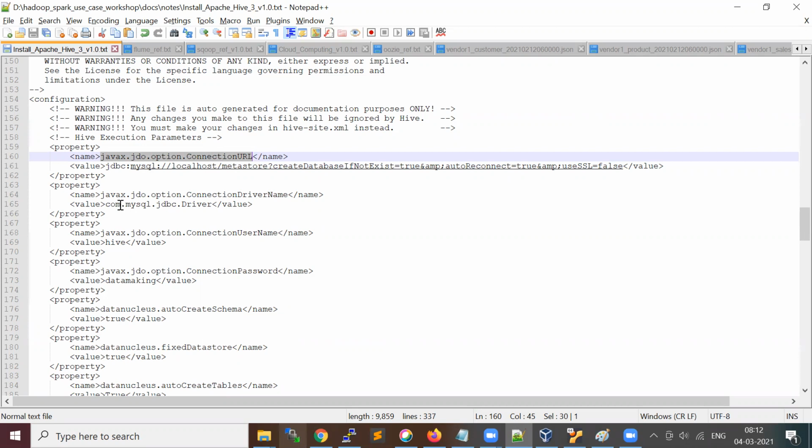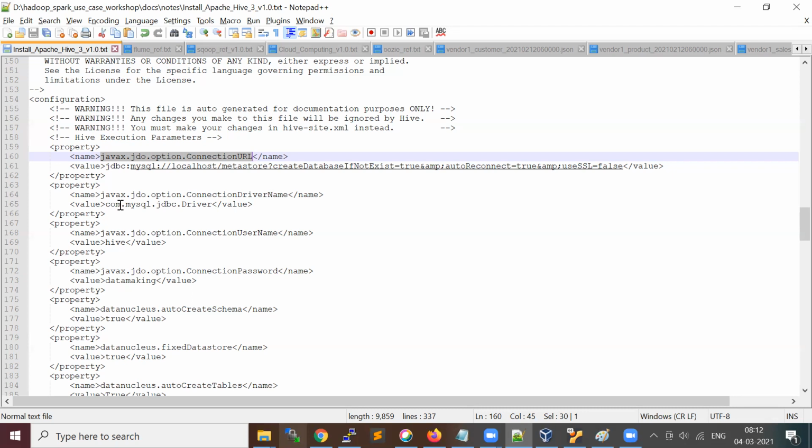Every database vendor provides JDBC drivers for their databases. For MySQL there is a separate MySQL JDBC driver, which is a packaged file called a jar file, that we will be downloading.